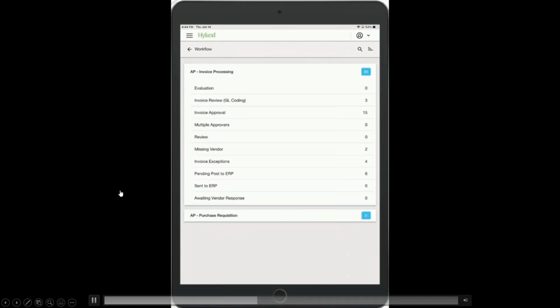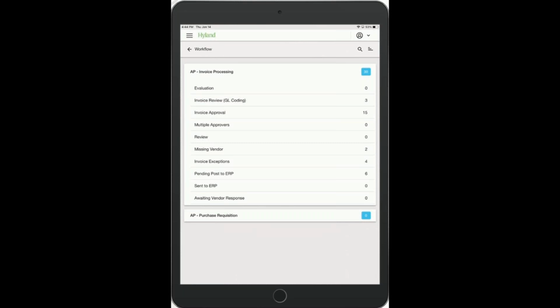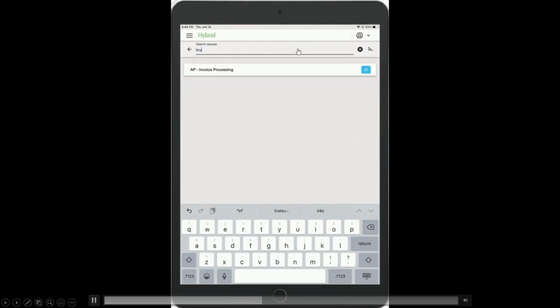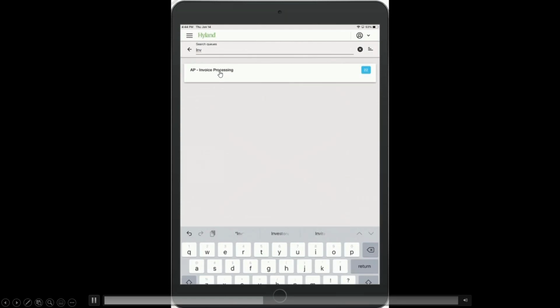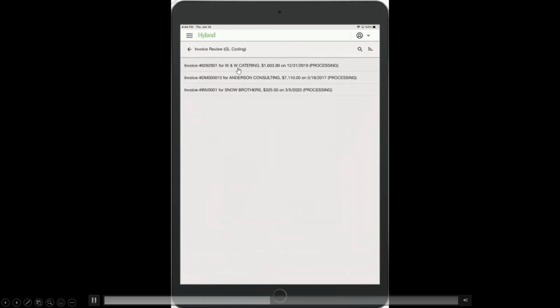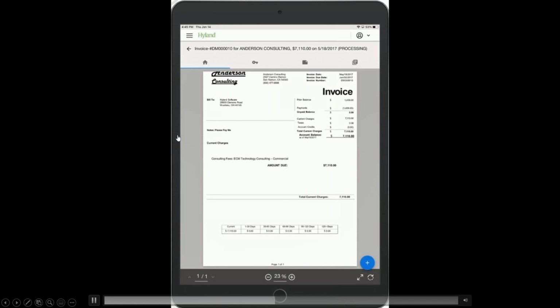So when I expand any one of those, there are the different queues that I have rights to. I could go into any one of these, but I could also search here. Notice that brings up my search. If I just type INV, I'm only going to see those queues that have INV within them. And now I can come to any of these different queues. Again, I can sort information. I can even further search inside of here, but let's just go ahead and take this one for Anderson Consulting,